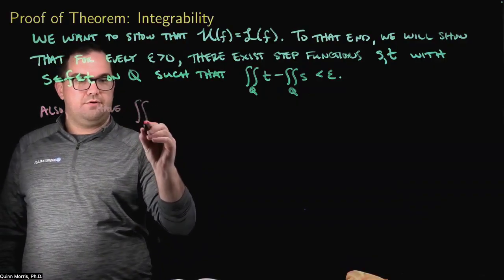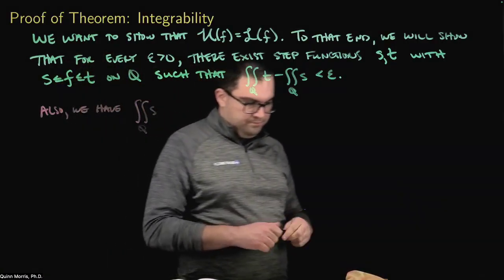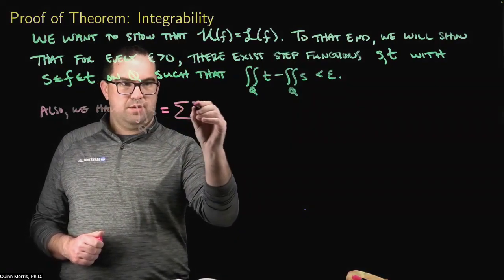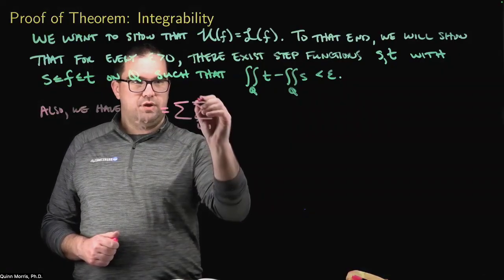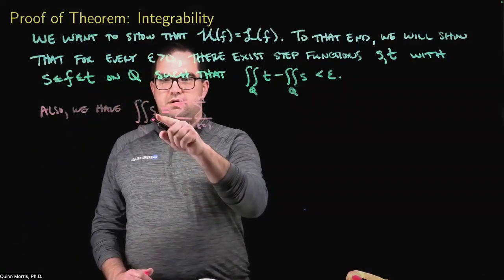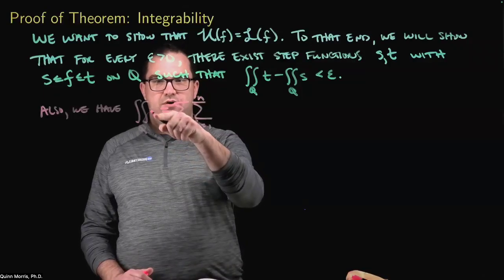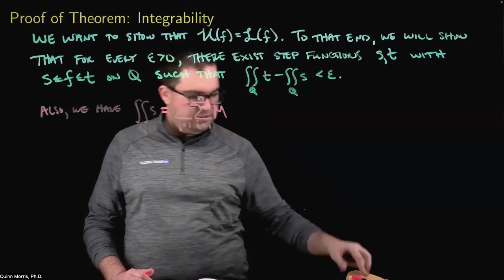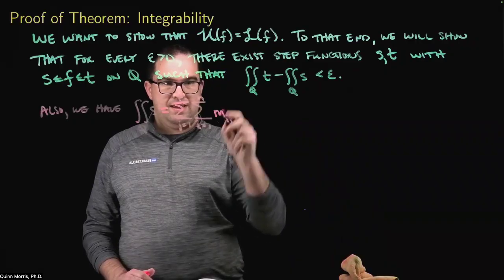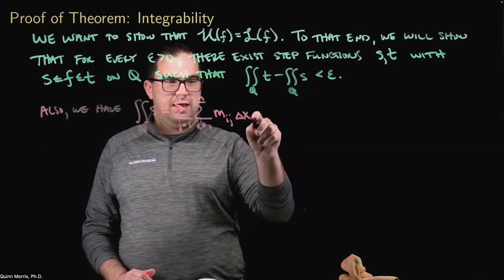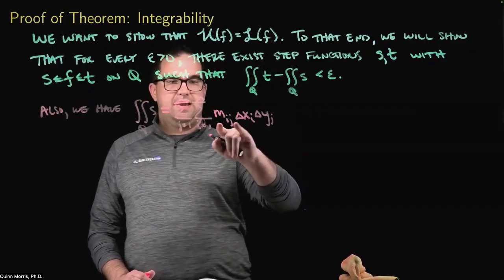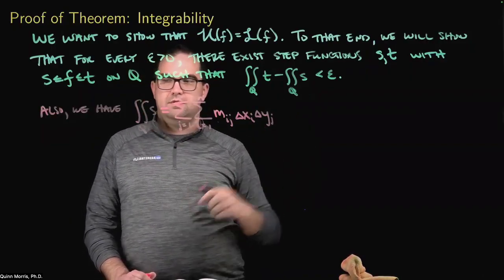Also, if I look at the double integral of s over Q, well, s is a step function. So I can calculate the double integral of a step function as just a double sum. This is the sum i equals 1 to n, sum j equals 1 to p of the values of this function on the squares. For s, it's little m_ij, times delta x_i, delta y_j. So it's really the area of the rectangle times the height of each step, okay? And similarly,